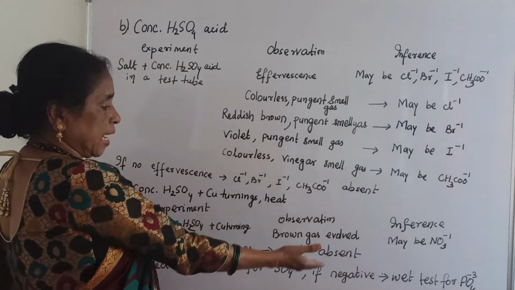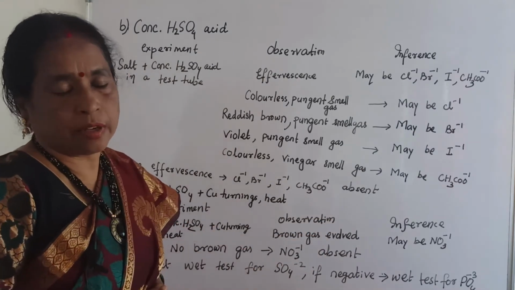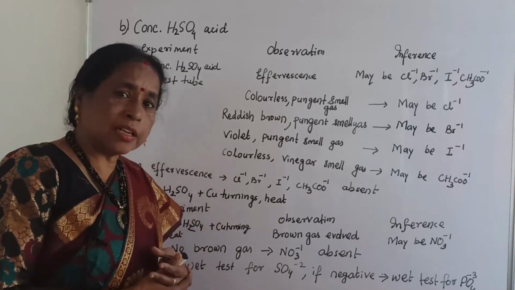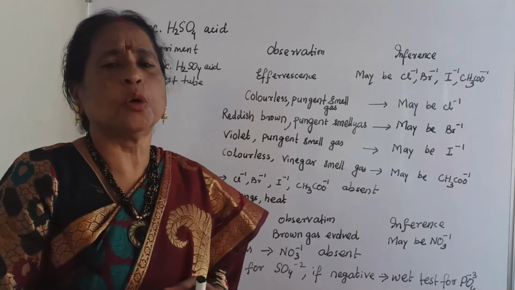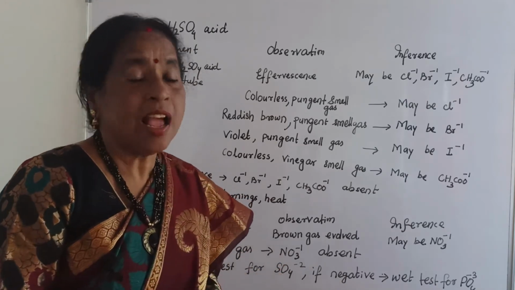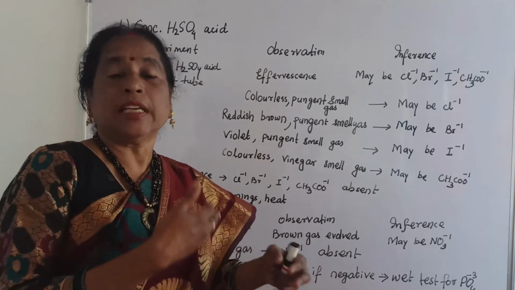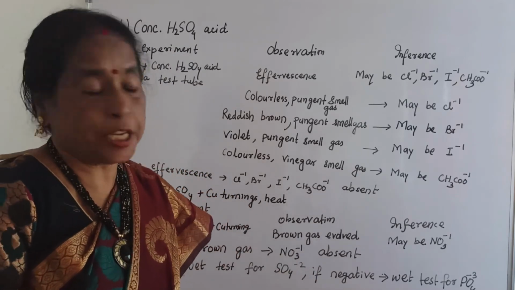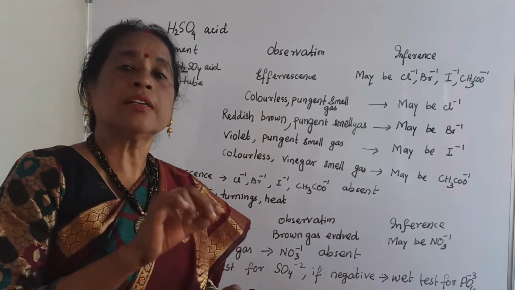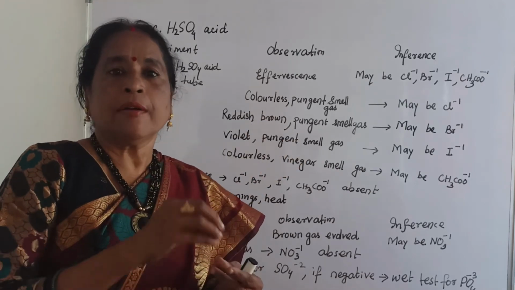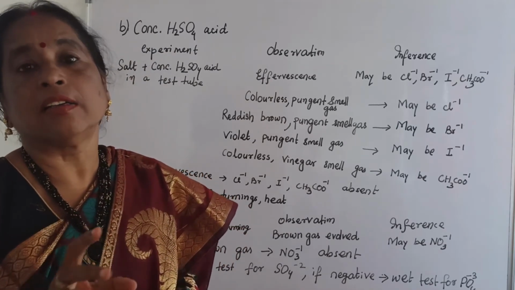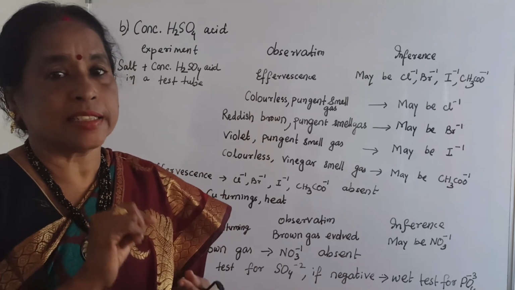The gas is brown in color. Now if it is a brown colored gas, immediately you proceed to the wet test, that is the confirmed test of nitrate, which we will do further, and you write that and carry on the test. Surely it will come positive. If brown gas is evolved, then you are sure that it is nitrate. That means lastly you will write that the given salt contains the nitrate radical. What is the acid radical? Nitrate acid radical.